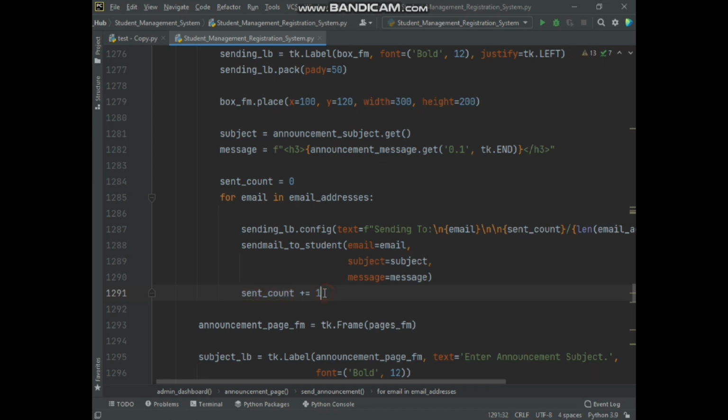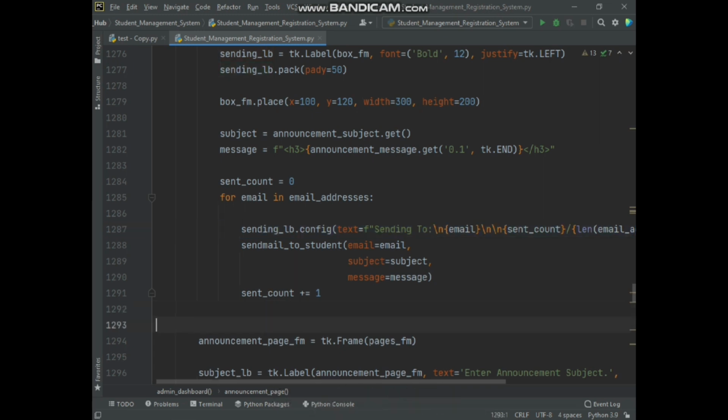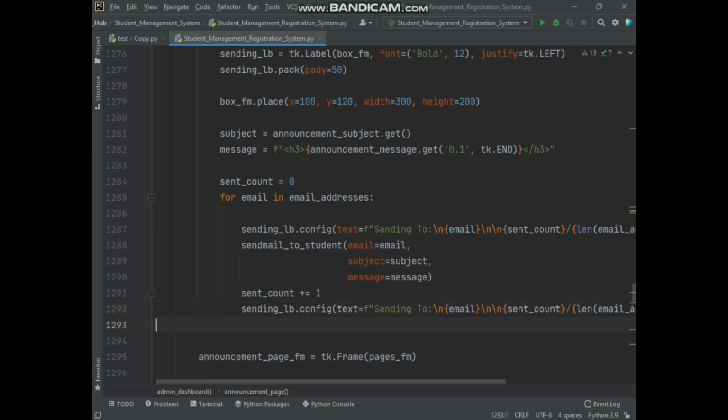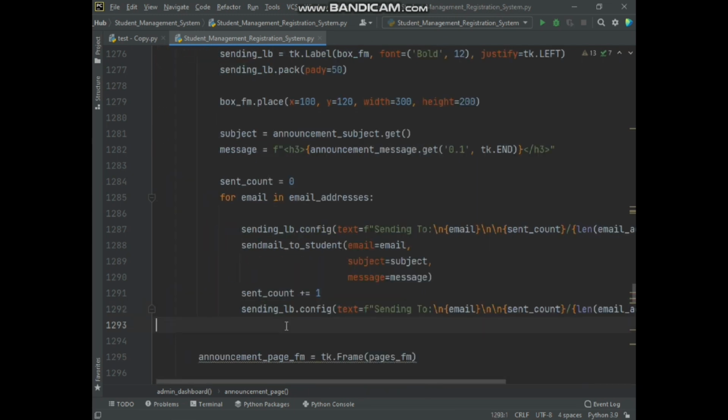And after increasing the sent count variable value, we will configure again the sending process label to display the sent message count increment. So here the sent message count will update in the displayed sending process. And after sending the announcement message to all the given email addresses,